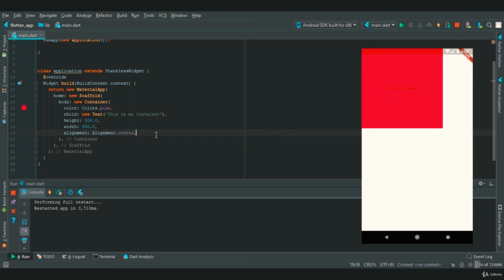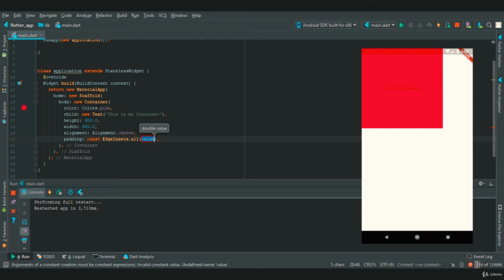Now after this we are going to provide some padding to our container. So we need to provide a const, and we need to say EdgeInsets.all, and let's provide a double value of 20. What it will do is provide padding on all sides of the container. And now let's restart.